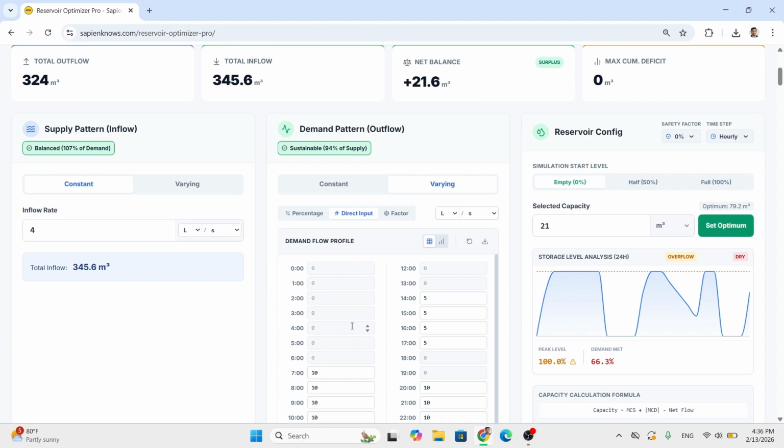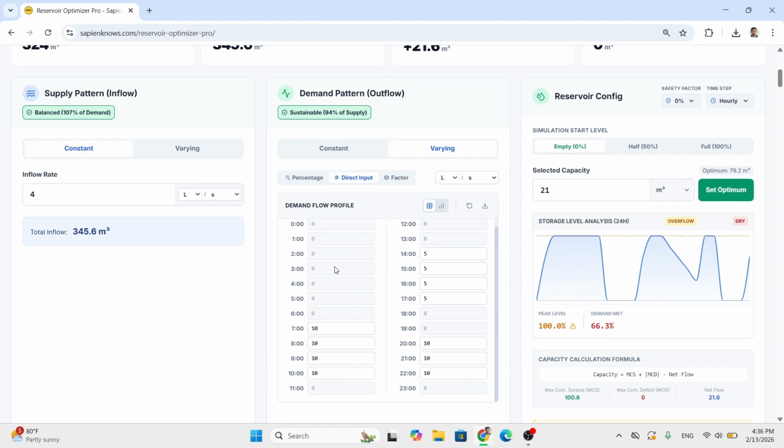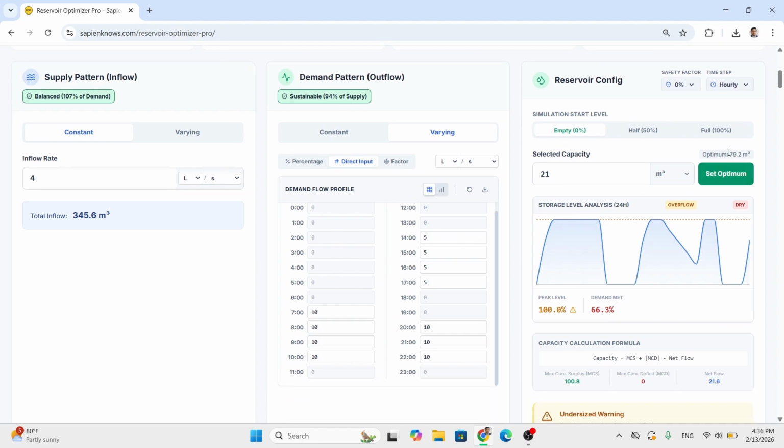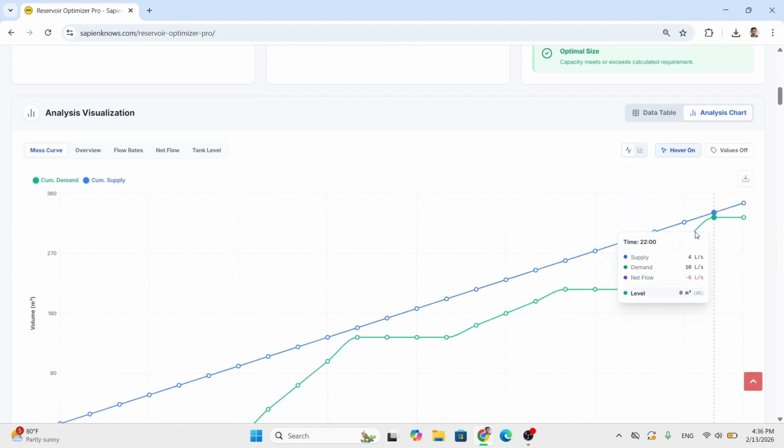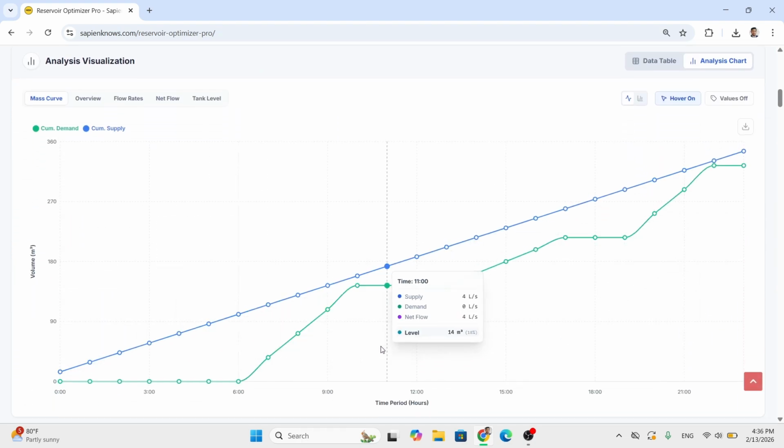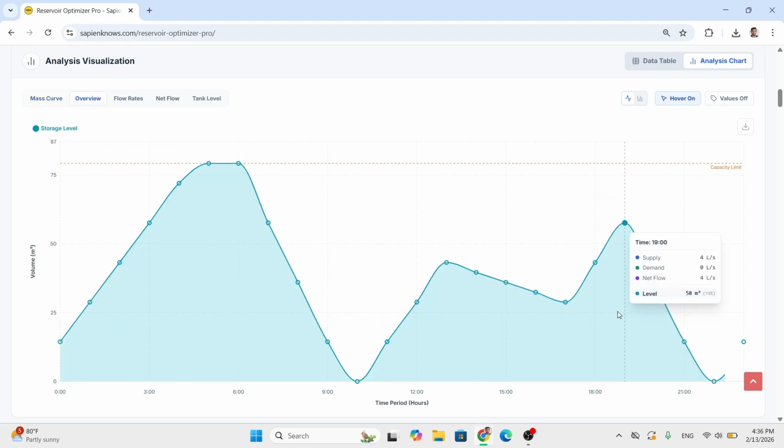Or we can also change the demand pattern and the demand values. So the optimum value now came out to be 79.2 meter cube. Let's select the optimum capacity. So this is the mass curve diagram, and we can look at the level of the tank. So at 0, or the midnight, after midnight,